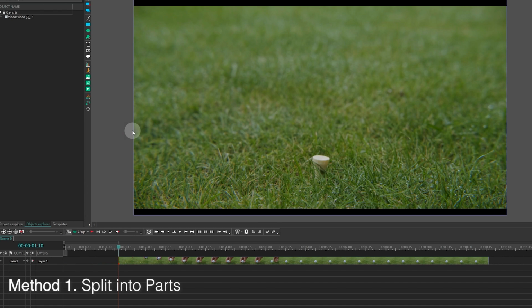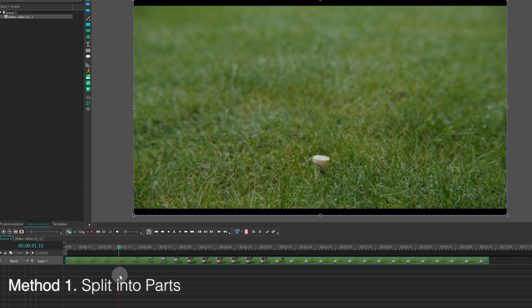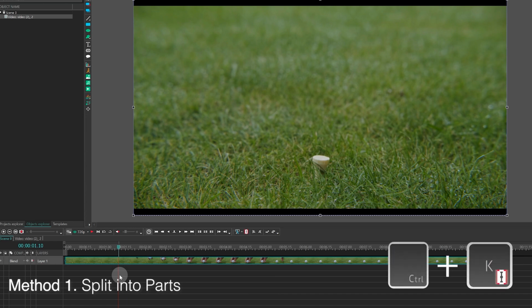If you need to restore the deleted area at the beginning, simply hold down the Shift key and drag the edge of the trimmed video to the previous duration. For those who prefer keyboard shortcuts, the hotkey for this is Ctrl K. Feel like changing it up? You can easily customize this hotkey to whatever feels right for you.